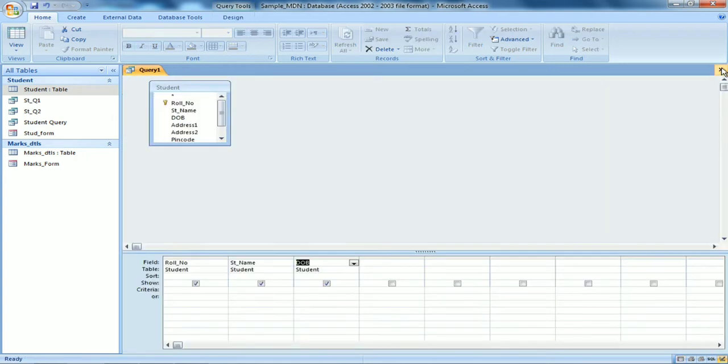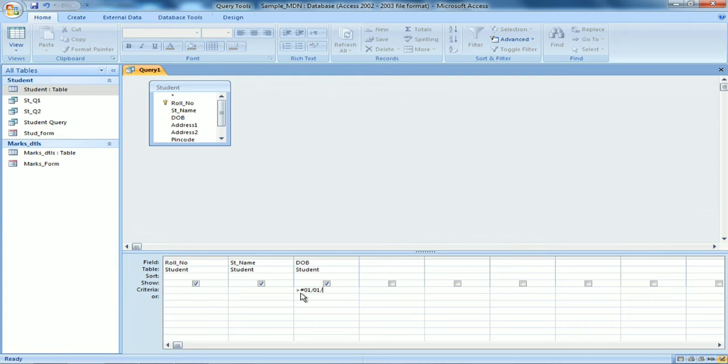Now in the criteria, this is very important. Whenever you have to give any criteria for a date column, this is a date type of data. So at that time you have to enclose the date between hash signs. Greater than hash, and then I do 01 stroke 01 stroke 97.